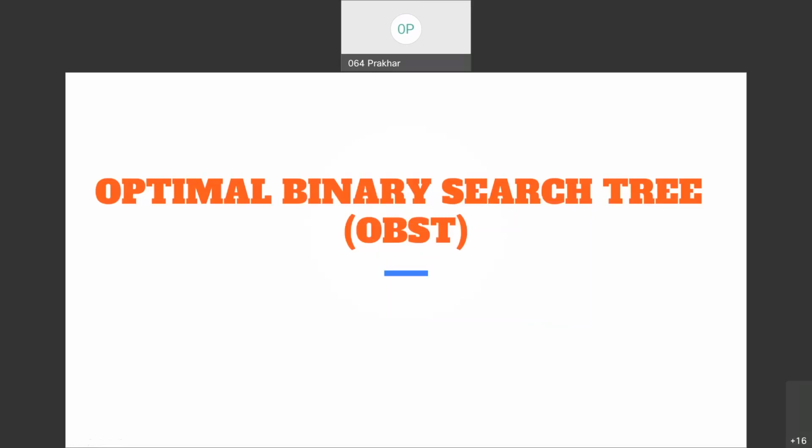So let's discuss optimal binary search tree, or OBST. This is the same problem we were talking about in our previous lectures. We were talking about dynamic programming mainly. In dynamic programming, we have seen how to solve an optimization problem using dynamic programming